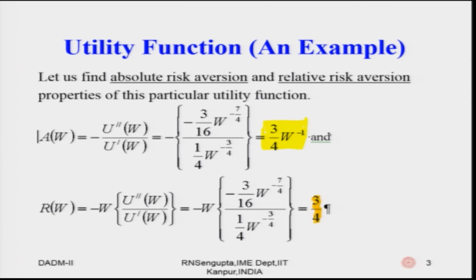Now, you need to find out a prime and r prime to find out the properties. If you find out a prime, obviously it will be minus 3/4 by w to the power 2, and r prime will be 0. So, a prime is less than 0, so it is decreasing, and r prime is 0, so it is constant. Relative risk aversion property for r and absolute risk aversion property for a,